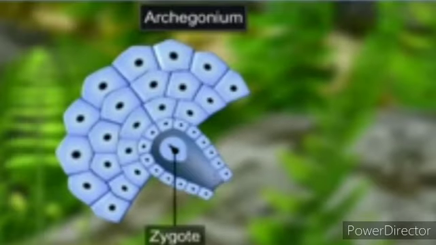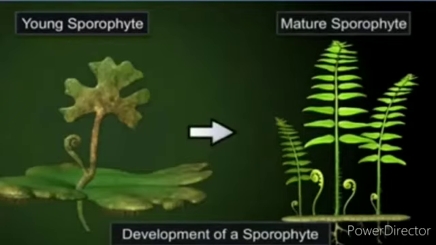At the mouth of the archegonium, fusion of the male gamete with the egg present in the archegonium results in the formation of the zygote. Male and female fusion forms the zygote. The zygote thereafter produces a multicellular, well-differentiated sporophyte plant, which is the dominant phase of pteridophytes. Dominant means it is more prominent in the pteridophytes.